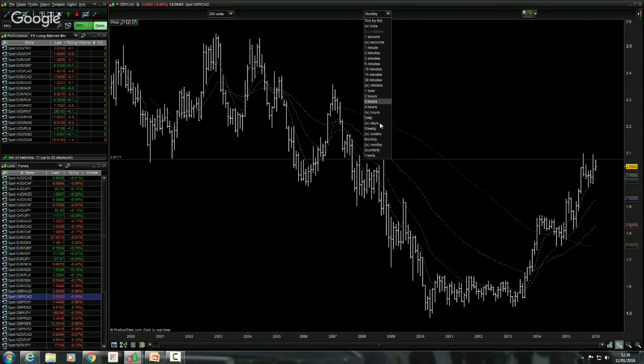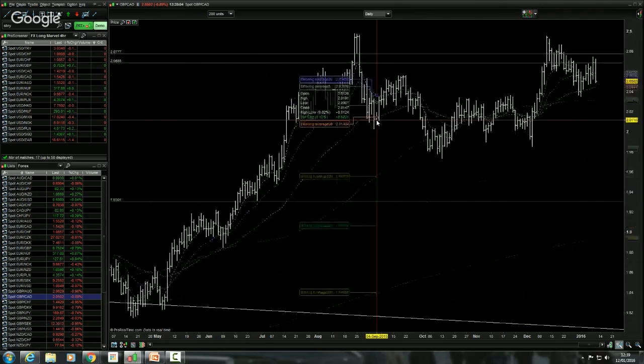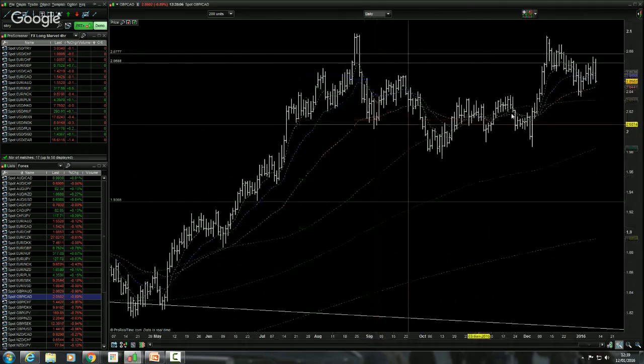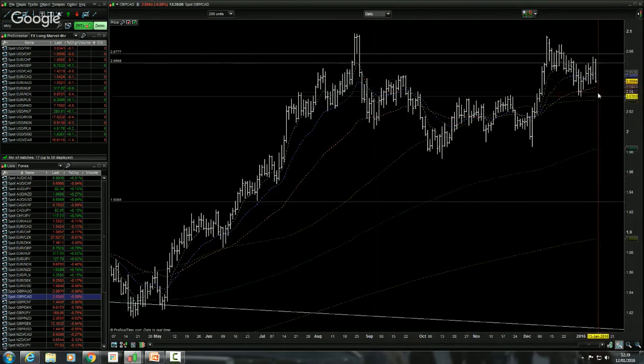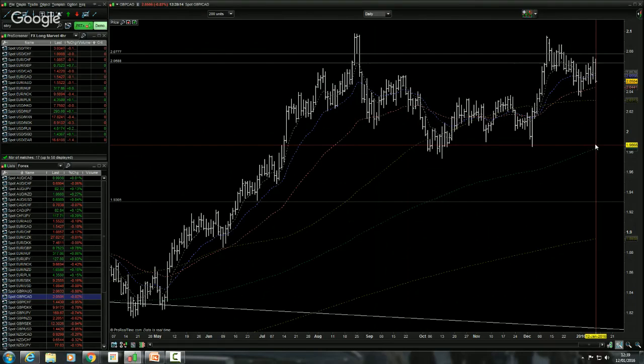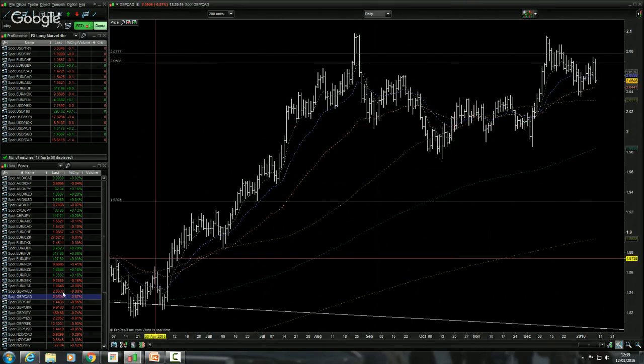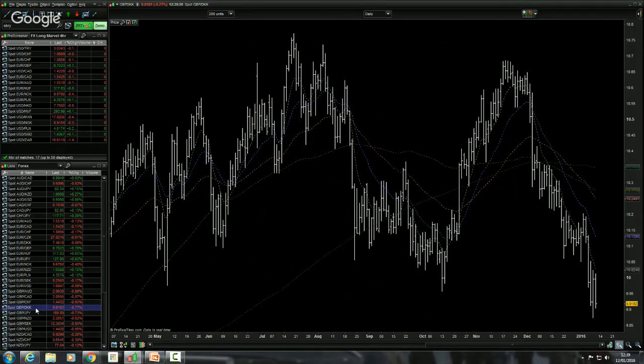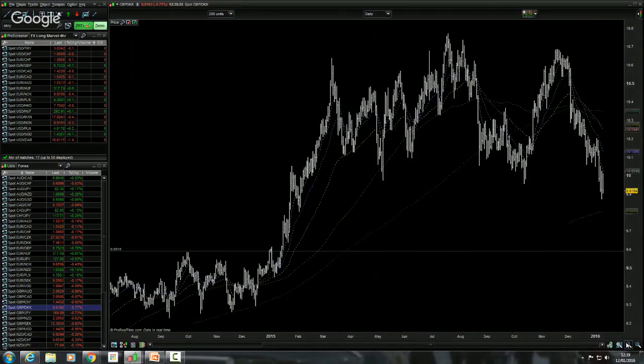So it's a little bit early for me to take a pound CAD short position, but once we start printing some lower lows and lower highs, this could be a candidate to at least come and test its 200 period daily moving average. If we have a look at pound against some of the peripheral eurozone cross pairs, so against